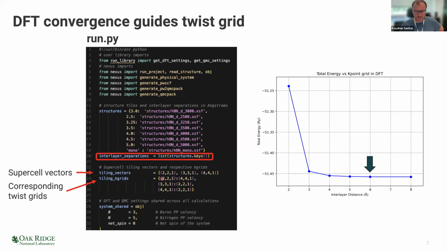So the multiplications of these two numbers in the XY plane are at least as large as this K-point convergence that you see here, so that in each of the calculations that you run, you're sampling the Brillouin zone with a similar accuracy, so that you don't get limited by the accuracy of the calculations. And so I did that, for example, for, you may ask, why didn't I use a 3 by